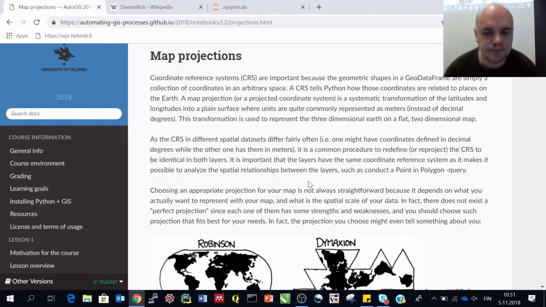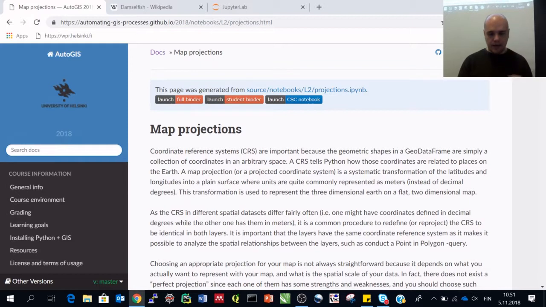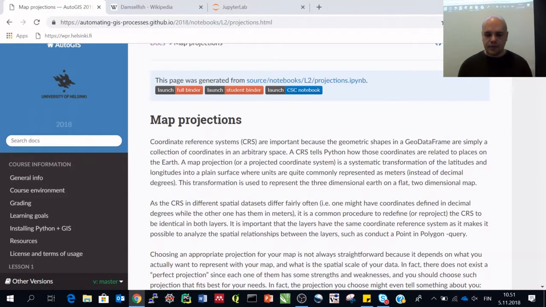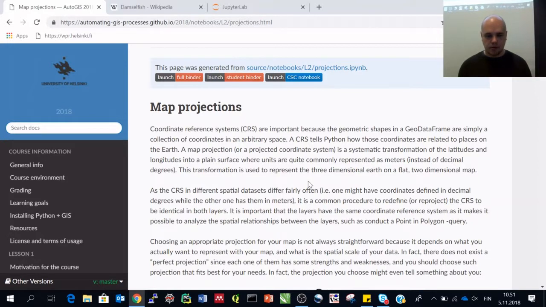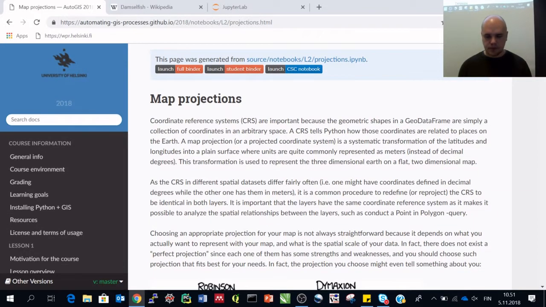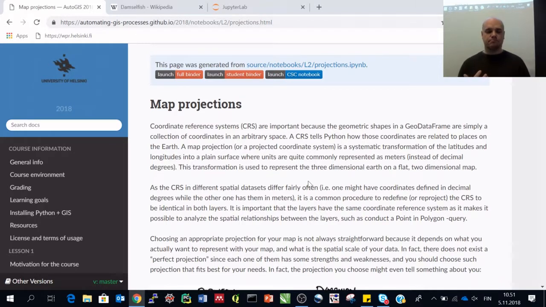Okay, so let's continue. The next topic for this week is map projections, or the coordinate reference systems, more importantly. As shortly mentioned already during the last tutorials, this CRS information, or the coordinate reference system information, is crucial because without that information, the geometries that you have, or the collection of coordinates, are simply coordinates